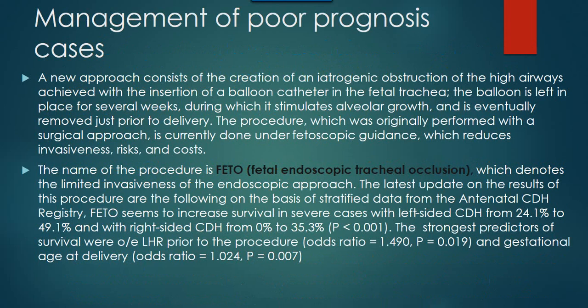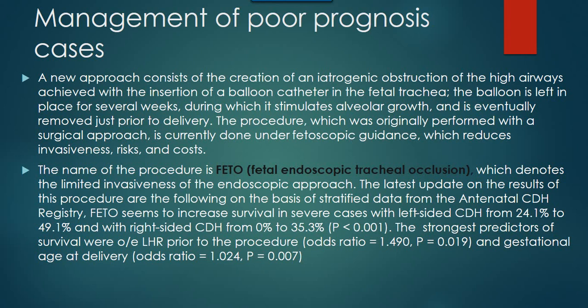Management of poor prognosis cases. A new approach consists of the creation of an iatrogenic obstruction of the high airways, achieved with the insertion of a balloon catheter in the fetal trachea. The balloon is left in place for several weeks, during which it stimulates alveolar growth, and it is eventually removed just